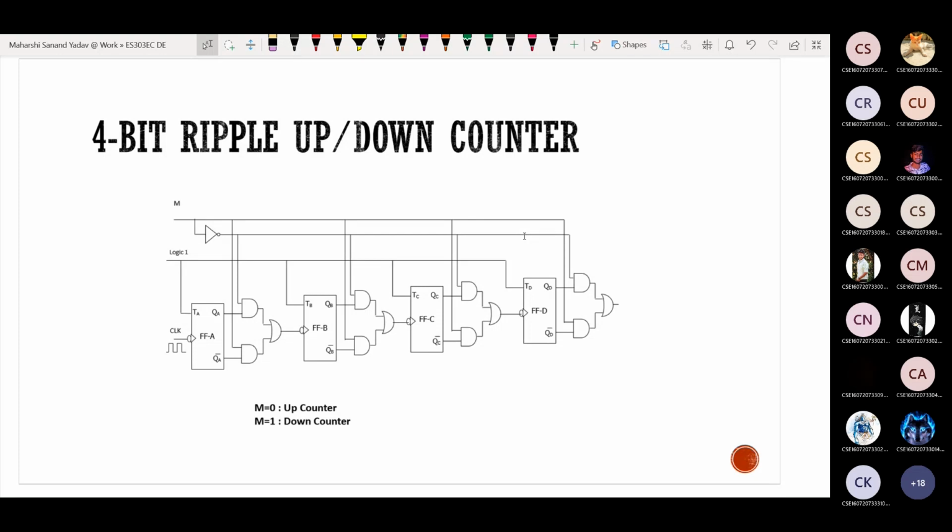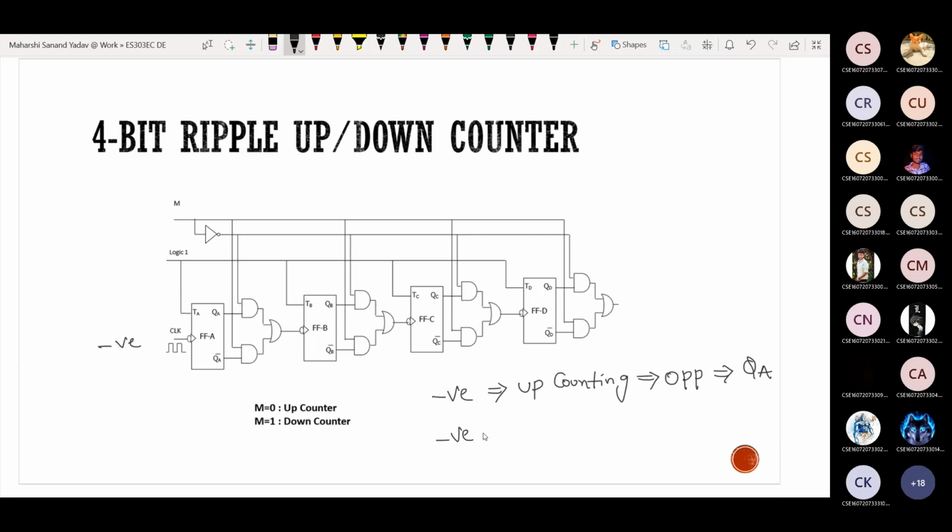4-bit ripple up down counter. Same assumption: when M is equal to 0, up counting, when M is equal to 1, down counting. Here, what is the triggering that you are applying? Positive edge or negative edge? Negative. Okay, so this is negative edge. For negative edge, if you want to perform up counting, will you connect from QA or QA bar? QA bar means it is negative, so again it will become same sign. But for up counting, I want opposite. So it should be connected to QA.